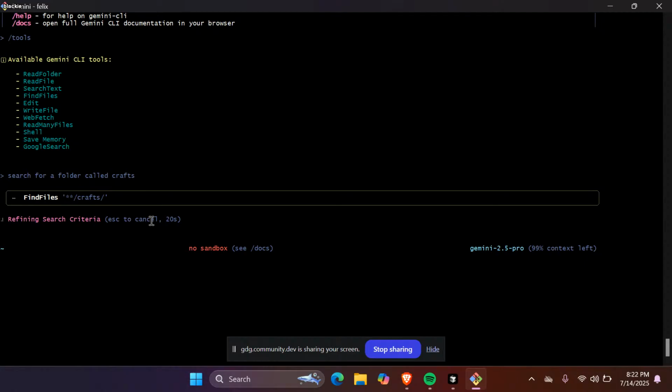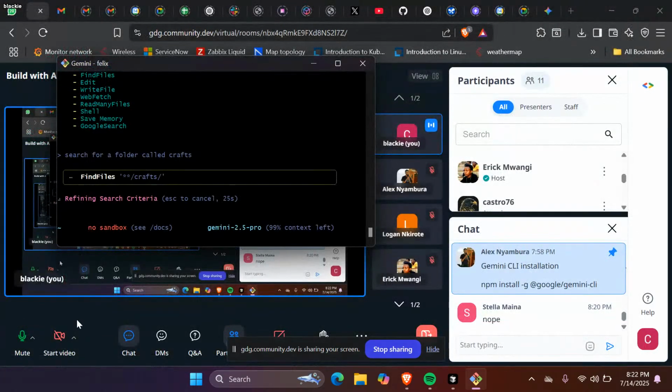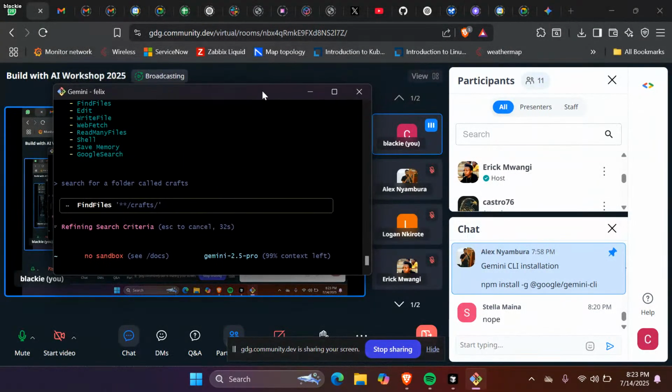Let me see if it will find that folder. Am I sharing my screen? No, it is on. Oh, it's taking time. Okay, let's do escape to exit it.